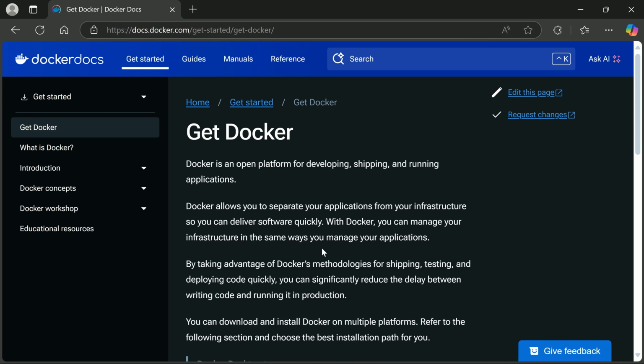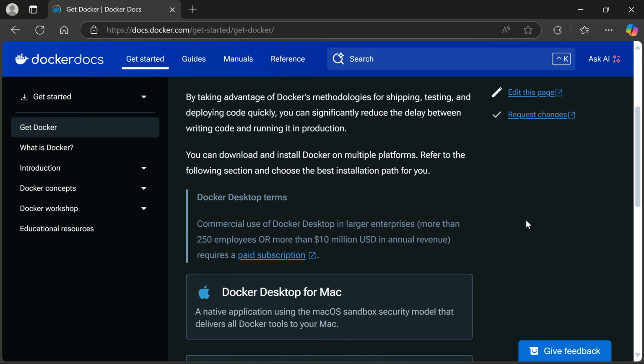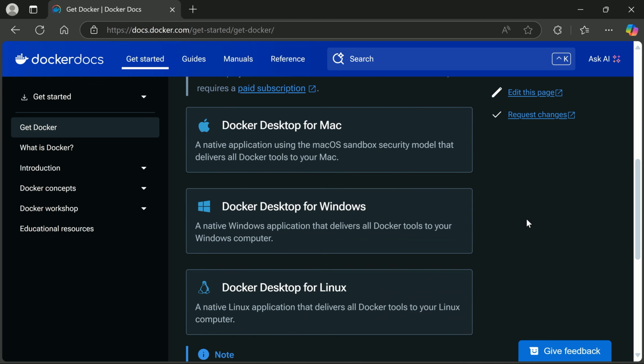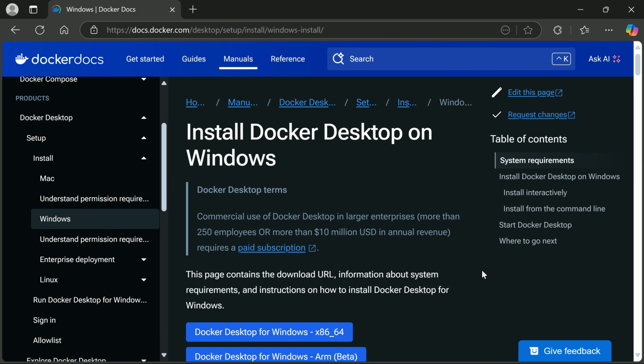And this is going to take you to this page where if you scroll down a little bit, you're going to find options to install Docker either for Mac, for Windows, or for Linux. So it really depends on the OS that you're going to be using with Docker. In my case, I'll be using Docker Desktop for Windows. I have a Windows 11 box here, so I'm going to click on Docker Desktop for Windows,